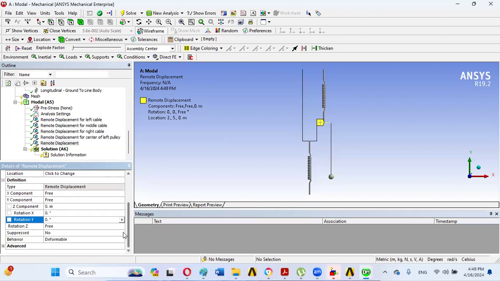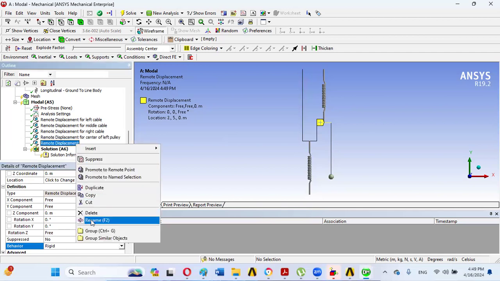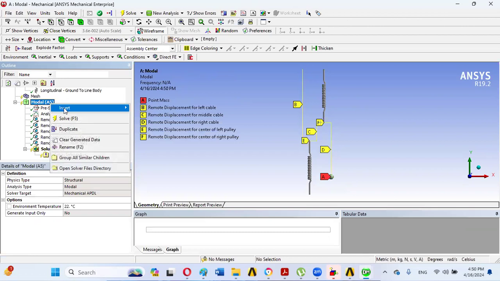So behavior must also be rigid. So we can also rename it for center of right pulley. So in this way, 5 remote displacements, 3 for 3 cable segments and 2 for center of the pulleys, have been applied. And after that, we also know that